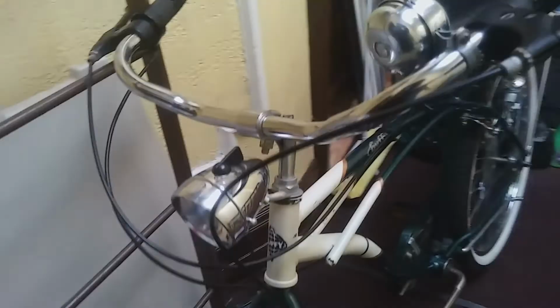I'm going to fix this paint job that you see right now. This is going to be the before, and then it's going to be the after. Once I finish it, you're going to notice how changed it is. It's going to be different, especially since I'm going to upgrade this bicycle in the near future,